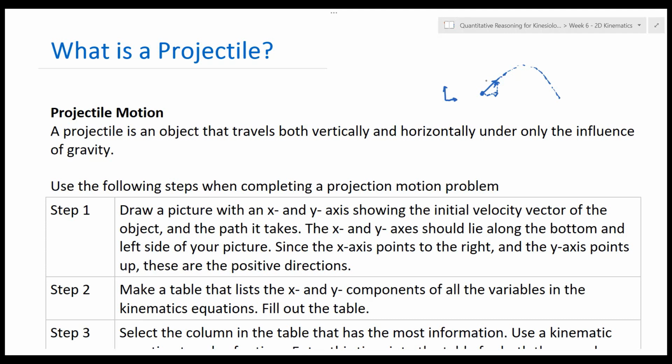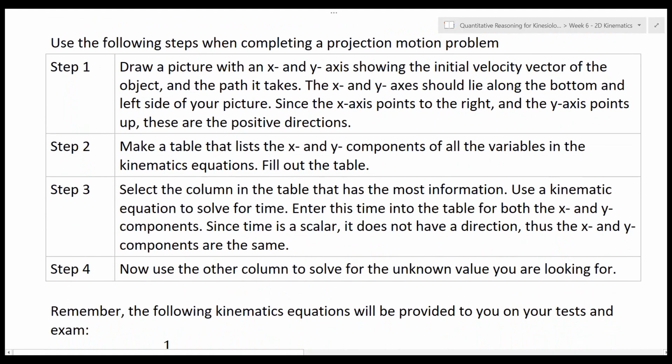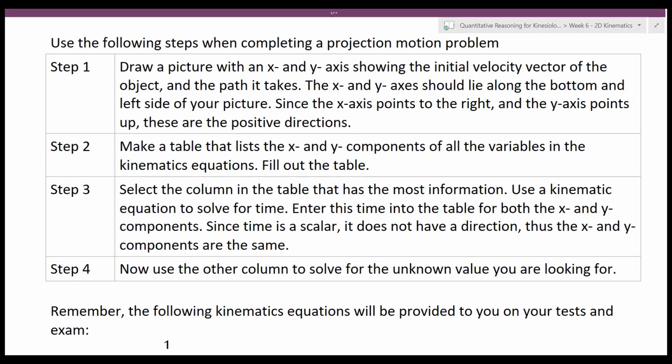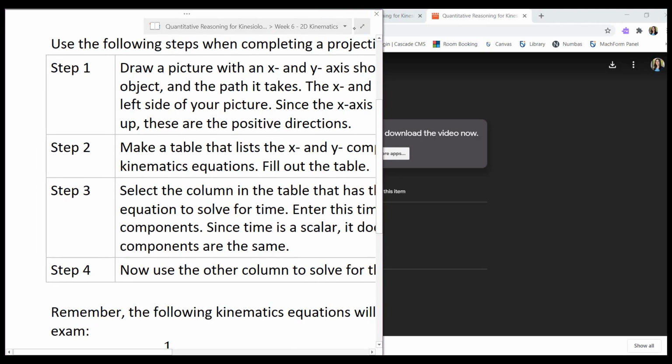Okay, so there's some steps that I like to go through whenever I solve projectile motion problems. We'll go through the steps first, and then we'll practice 4 problems using these steps, and hopefully they'll all make a lot of sense to you once we've practiced some questions with them. Okay, so bear with me while we go through the steps. So step 1, the first thing that you want to do